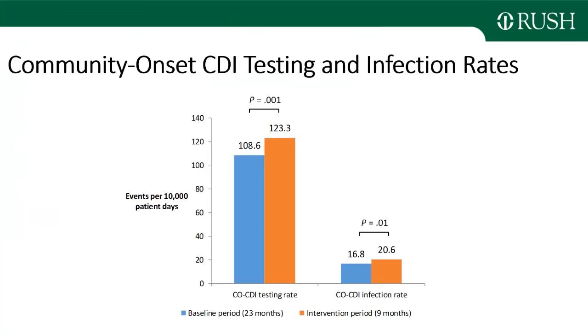When we take a look at our community onset C. difficile infection testing and infection rates, you can see our intervention period was actually 9 months beginning in December of 2017. And then the baseline period was the 23 months prior to that. So our community onset testing rate was 1.08 basically per 1,000 patient days. And with the changes that we put into place with the BPAs and with a lot of nursing education that went out in that December, you can see that our community onset C. difficile infection testing rate went up to